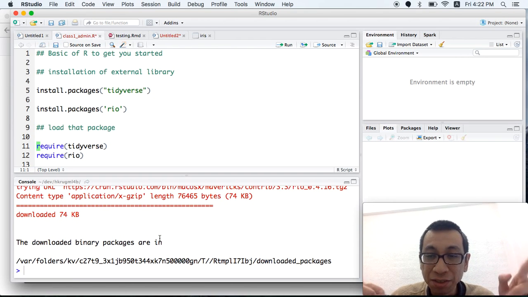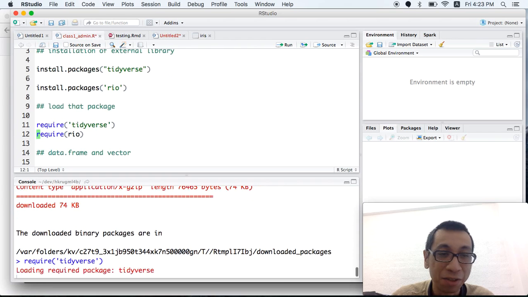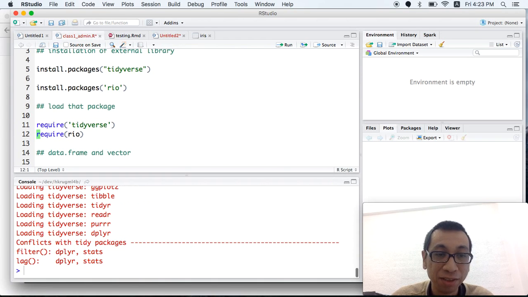If it installed correctly, you can load that package using require(tidyverse). This time you don't need the quotes, be it double or single, but you can add them if you like; it's not required. But in install.packages, it's required.